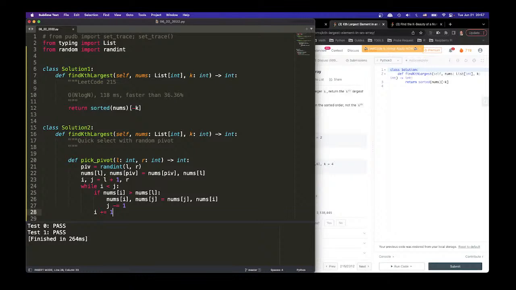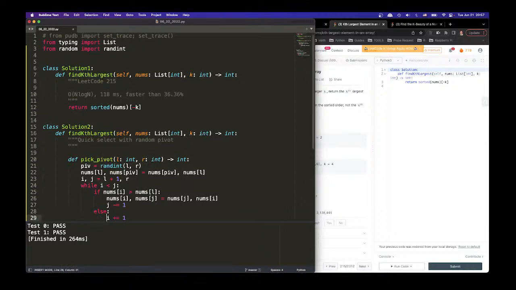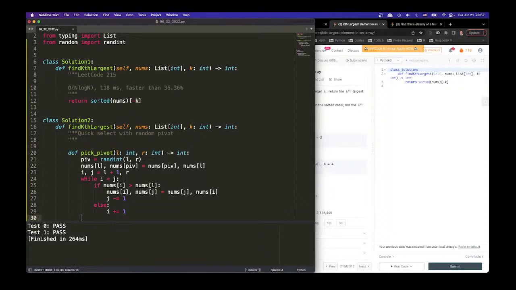And actually, after we swap, we don't increment i, because after the swap, you might have swapped in a bigger one, and then you do the next one, and you'll swap again. You just keep swapping. So eventually,